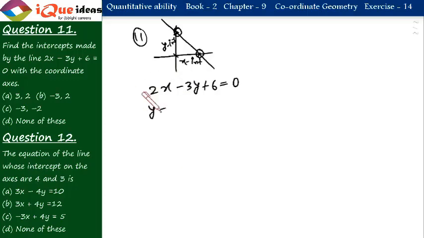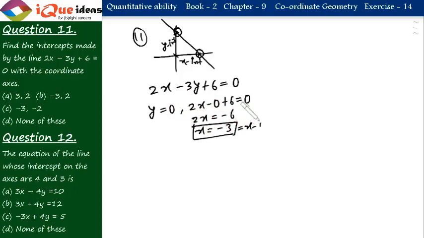So if I put y equal to 0, I'll get 2x minus 0 plus 6 equal to 0. So 2x equal to minus 6, x equal to minus 3. This x value is the x-intercept. So this is the x-intercept. Similarly, suppose we have to calculate